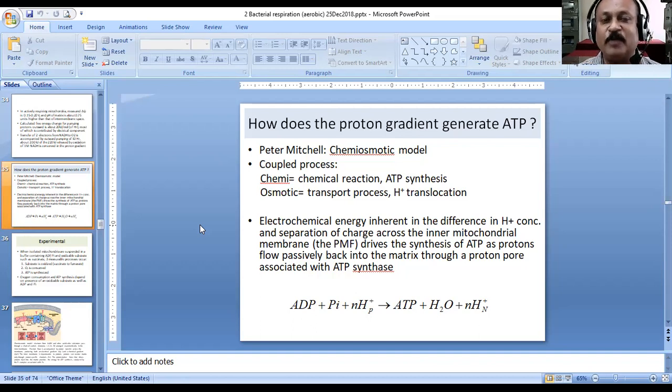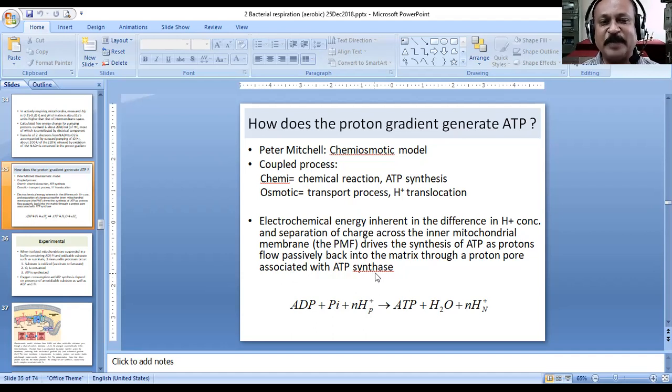Because of that, there is a concentration gradient across the membrane. On the outside, we have a high concentration of protons. We also have a high positive charge on the outside, whereas the inside of the mitochondrial matrix is a negatively charged place, and the concentration of protons is comparatively very, very less inside. That is why we have an electrochemical gradient, an electric charge gradient as well as a chemical concentration gradient. Because of this, a kind of pressure is exerted on the membrane from the outside. That pressure is responsible for the potential difference across the membrane.